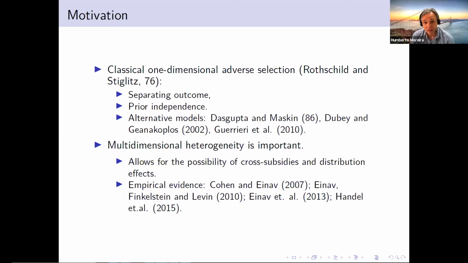The Guerrieri-Shimer paper is multidimensional, but as I said, it relies on the idea that we can map this multidimensional characteristic into just a one-dimensional characteristic, and then you go back again to a kind of one-dimensional analysis. It's true that we can play with the distribution and see the impact, but the effect is going to be mechanical. You don't really see how the distribution is going to affect the elasticity of demand for insurance in this kind of model, right?